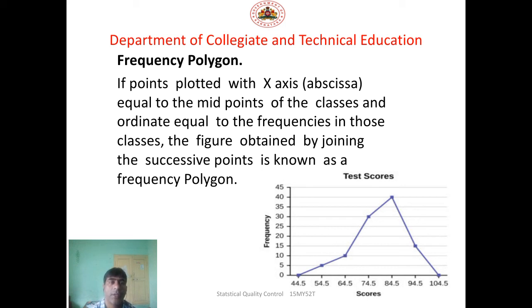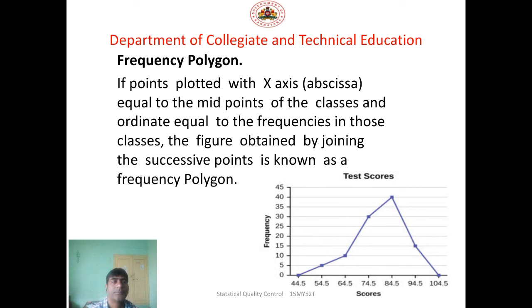So now you should join these points with straight lines. This is most important here in frequency polygon. We are joining the points through straight lines. Okay, straight lines to get the graph completed. So a frequency polygon is one where we are joining the points through straight lines to get a curve. That we call it a frequency polygon. Okay, hope it's clear, students. You can clearly see the graph which I have drawn on the screen. Okay, so that is frequency polygon.